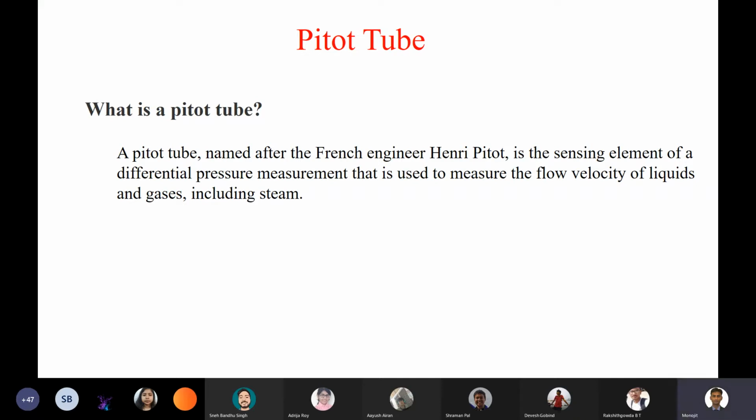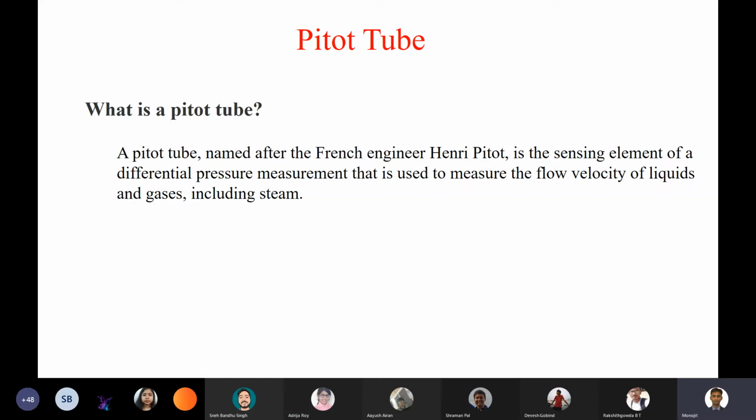So what is the purpose of the Pitot tube? What do we do with the Pitot tube? To measure the flow velocity of any liquid. Okay, how is it different from a Venturi meter and an orifice meter? The Venturi meter only gives the static pressure head, and here we get the stagnation pressure head value, that is the sum of static pressure head and dynamic pressure head. Yes, right. So that is what we measure.